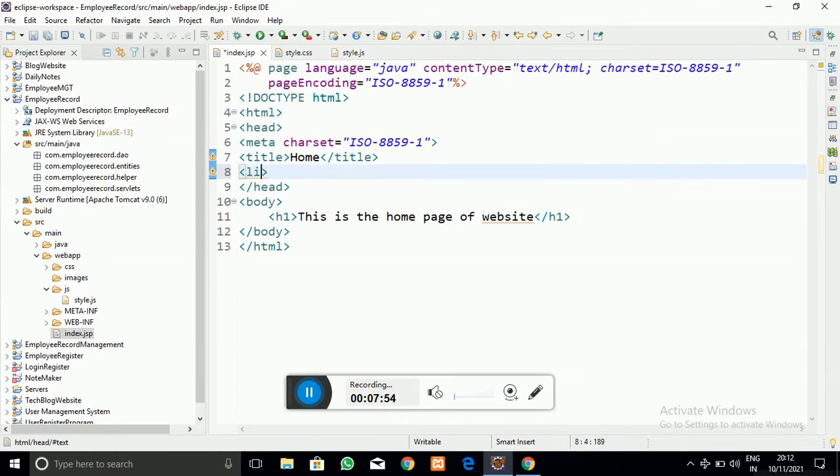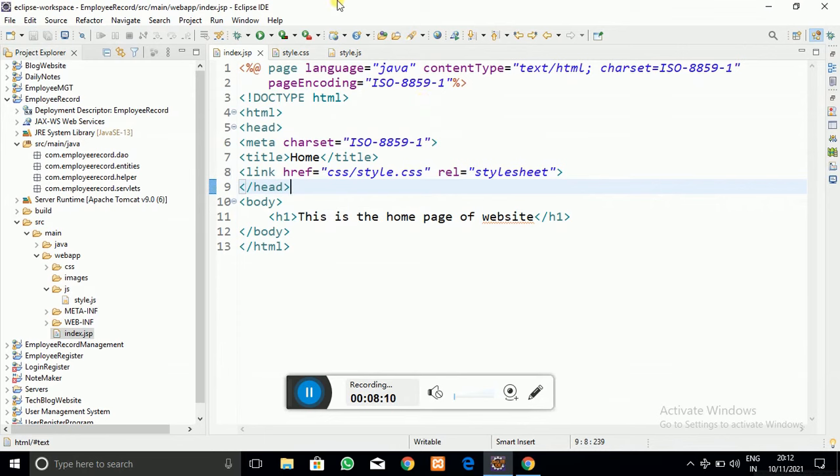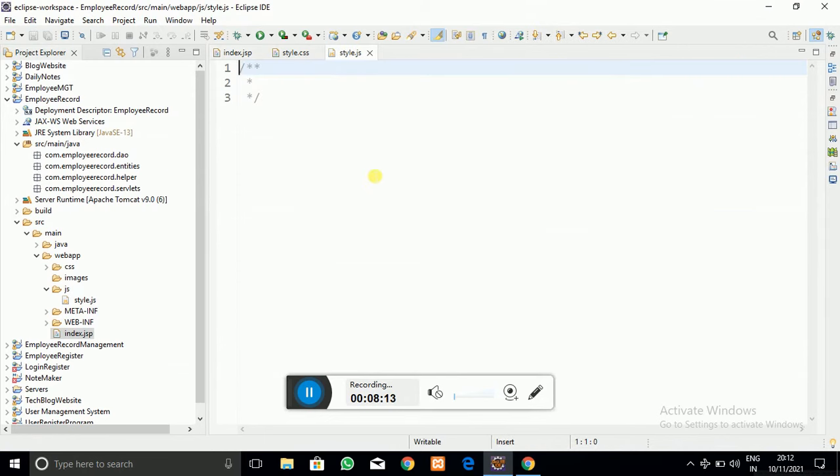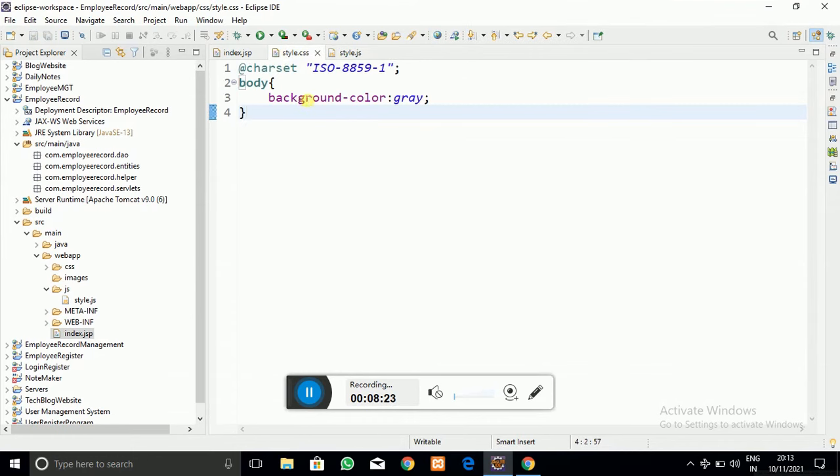To link that file, I am going to use the link tag, with href pointing to the CSS folder and style.css, which is our file name. Here I have linked our CSS file to our index page, that is the home page. In a similar way you can link your JavaScript file by making use of the script tag.